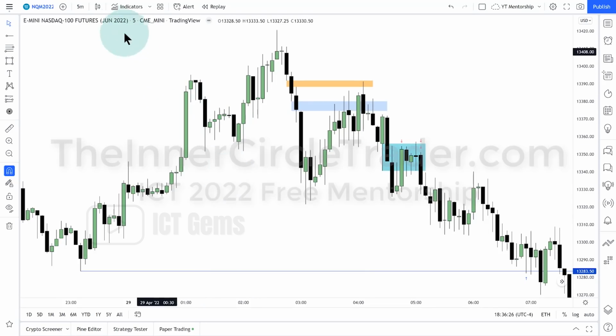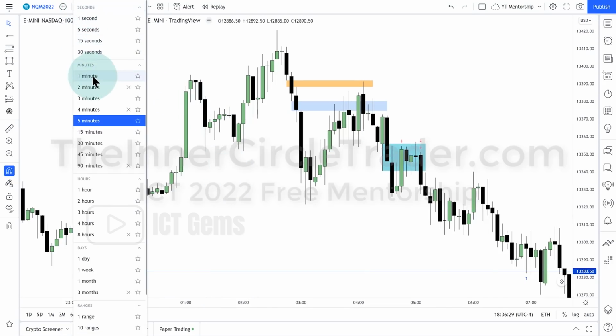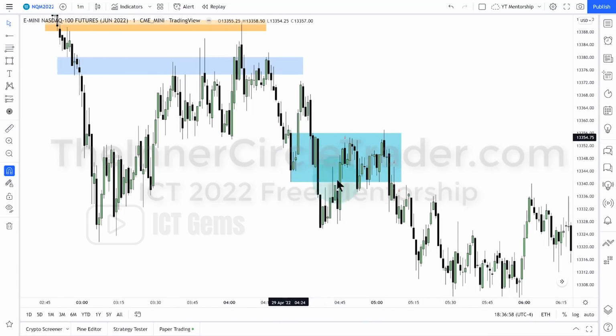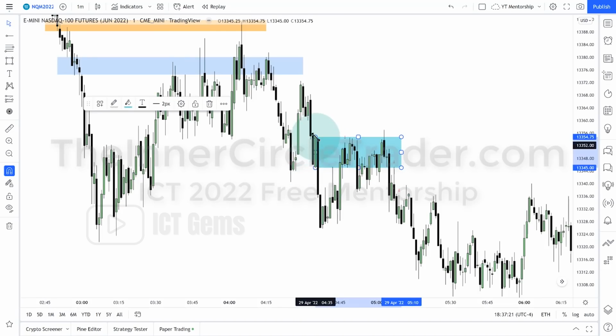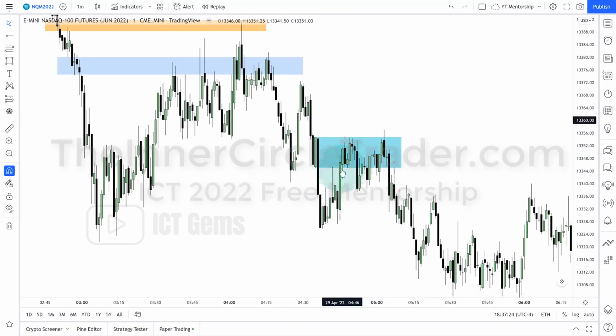All right, so we're going to drop into a 1-minute chart. We're inside of that blue shaded area on the 5-minute chart. I'm also inside of this green candle here. That's a bullish order block. So what I'm doing is now I'm going to calibrate so the market retraces back up into here, into that order block. And I'm trying to aim, once it hits the midpoint of it, I want to get in around that time. Okay, so I'm entering there on that candle, and then I'm holding in all this,